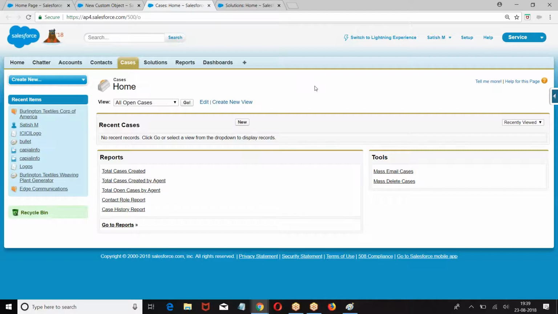Now the question is, with respect to this object, we have this link. With respect to another object, we'll have another link. Help for this page is different, help for your page is different. Now they're asking, Satish, you are creating your own object. On your object, there is a link called help. When I click on that help, which page do you want me to open? Are you going to design your own help?